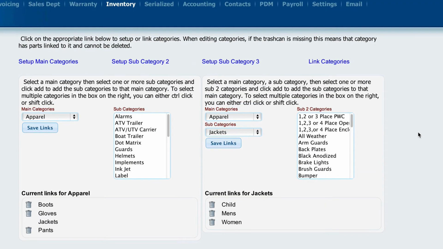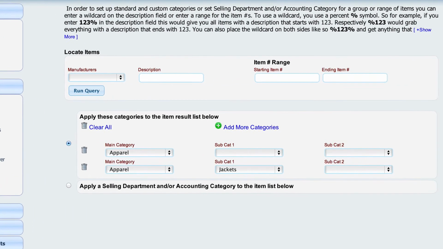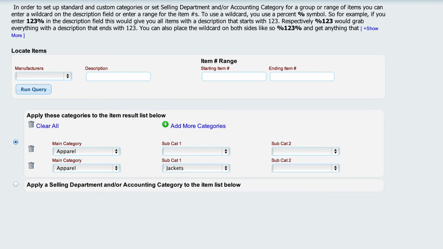So what we're doing at this level is actually assigning what things are available for us to assign to individual items. Once we get these things set up the way we want them, the second step is to actually assign those items to particular parts. So the first thing I'm going to do is go over here to assign categories,